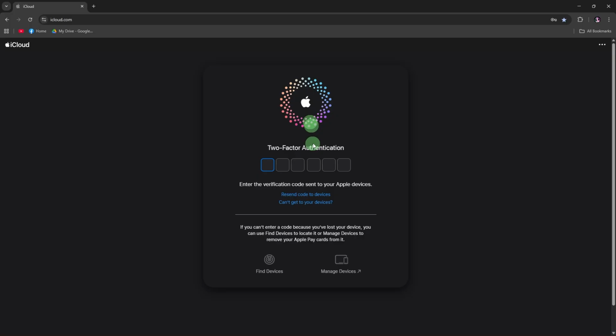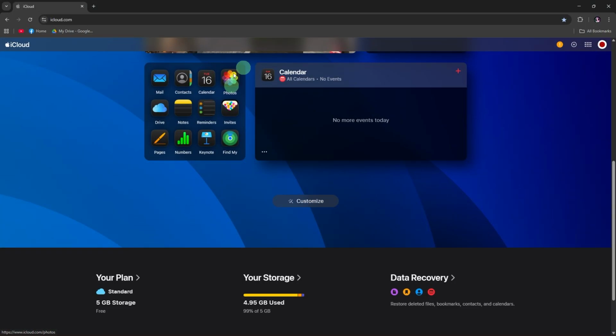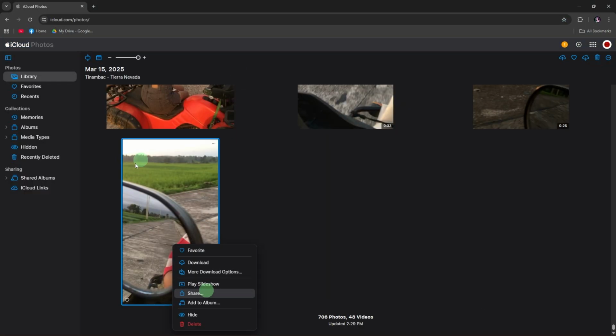Once inside iCloud, click on the Photos app icon. Browse and select the photos or videos you want to share. To select multiple items, hold down Control while clicking each photo or video, or you can just right click on one video or image. After selecting, look for the share button, usually a share icon with an upward arrow,